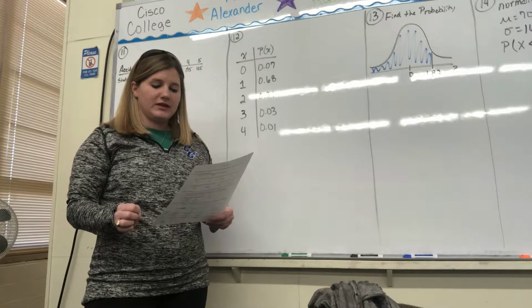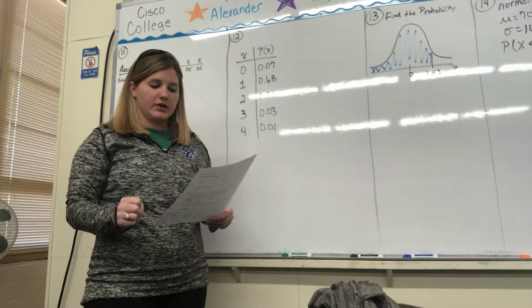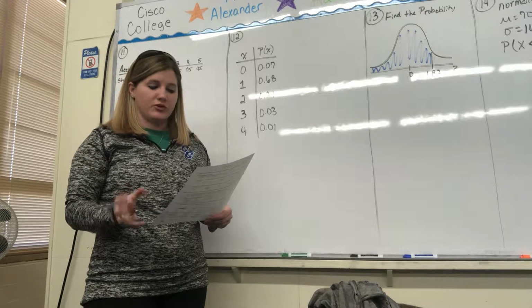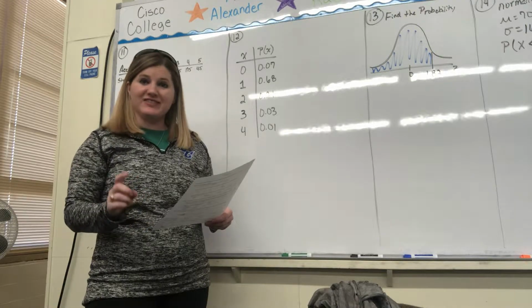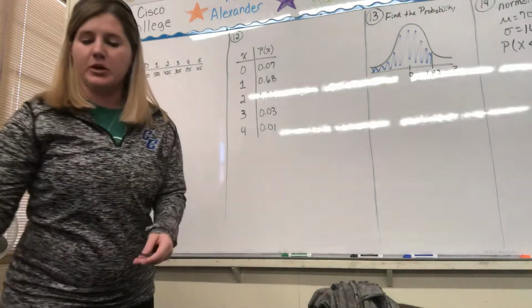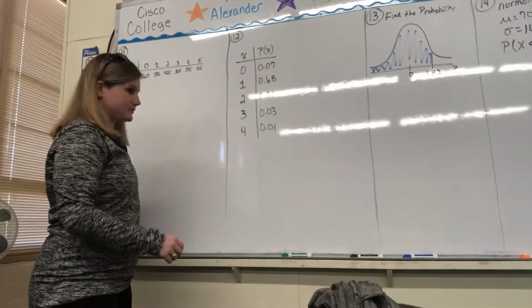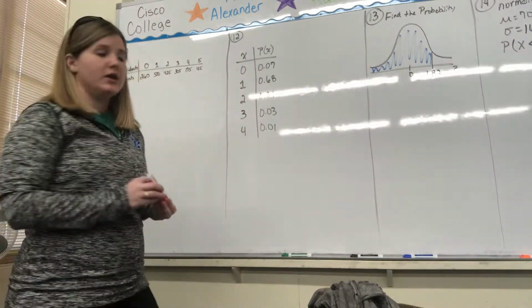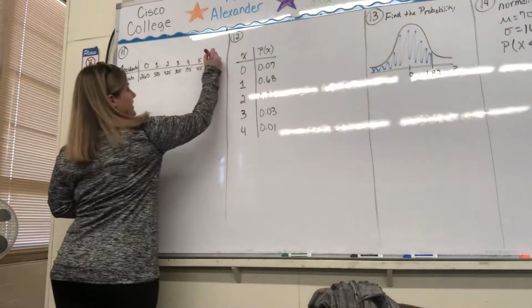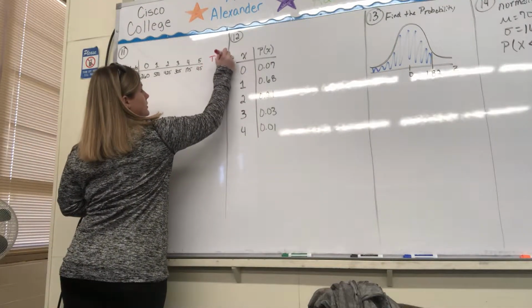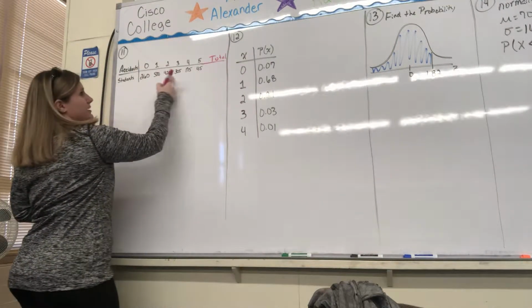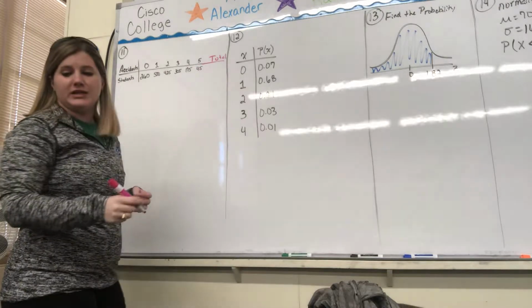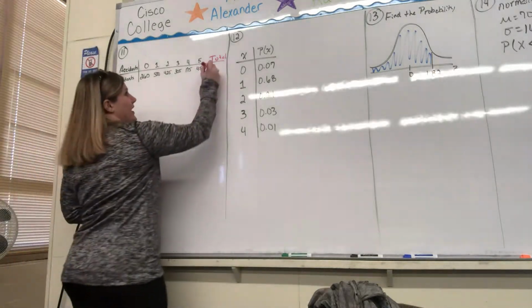So one thing that we can do is find the probability of having an accident. Remember, probability is how many times that event happens over the total. So we'll need to find the total here. Adding up all those numbers, we would get that the total is